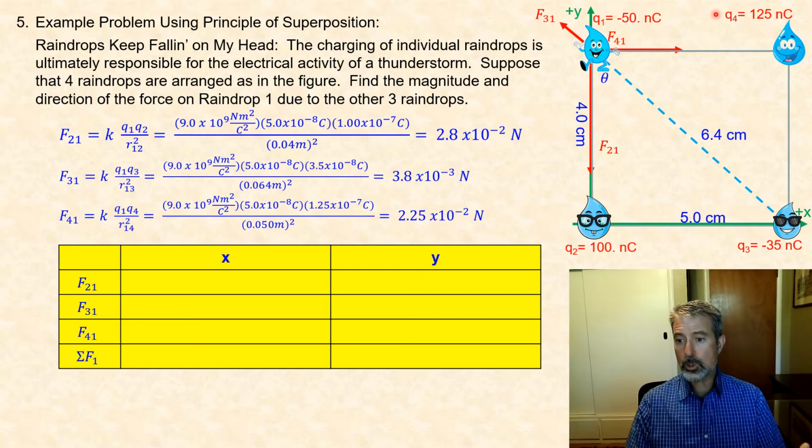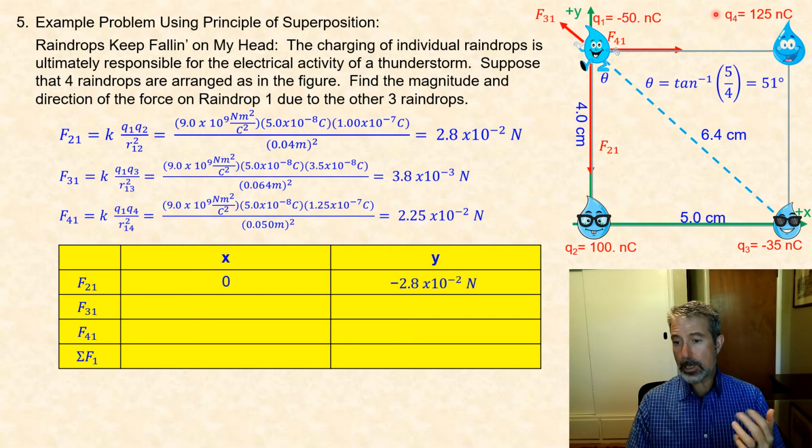F sub 2(1), you'll notice, is directed exclusively in the y direction. It has no x component, and its y component using our green coordinate system here is negative. When we look at F sub 3(1), it's got both an x and a y component, so we're going to have to figure out what that angle theta is, and we can do that using a little right triangle trigonometry. We find that there's a 51-degree angle there,